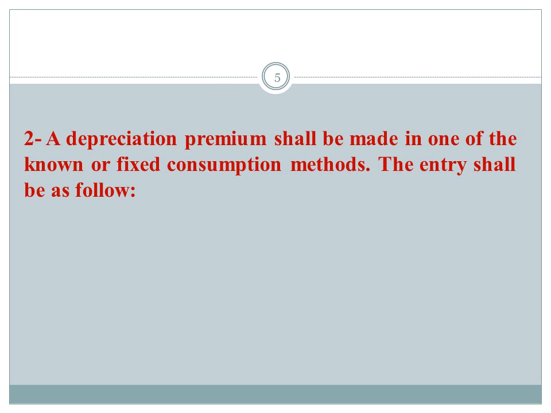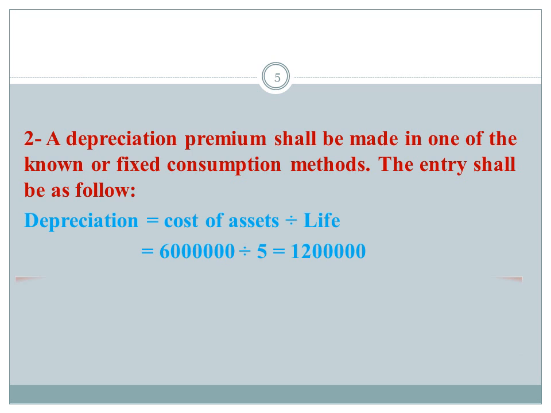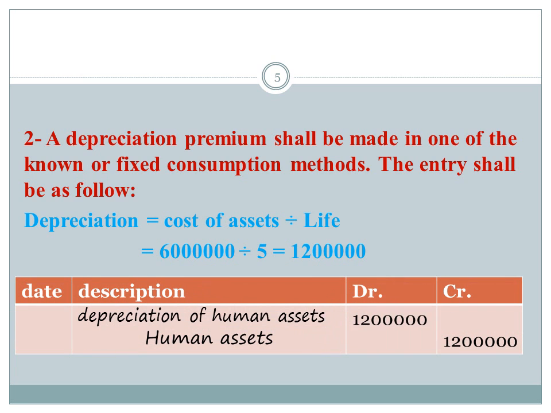The entry in this case will be depreciation premium, which is an expense, so it will be in the debit side. The credit side will be human assets, because depreciation